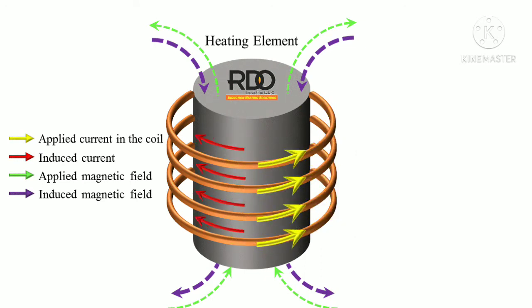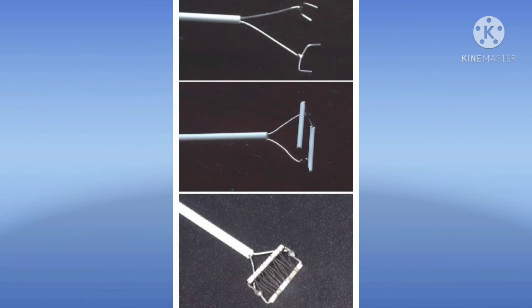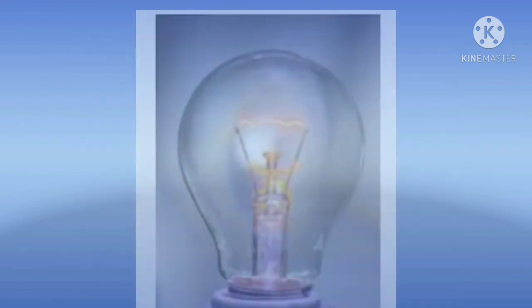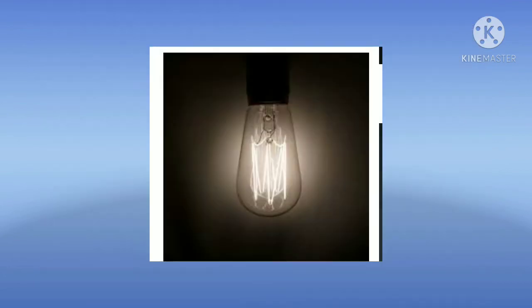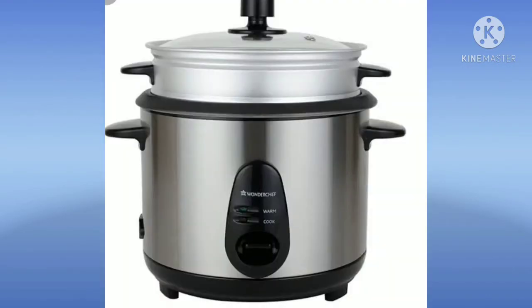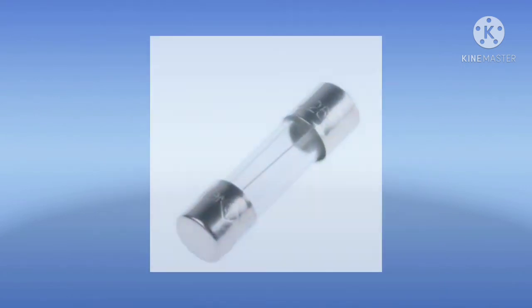The heat produced depends on the amount of resistance offered by the wire. Copper wire offers very little resistance and does not get heated up quickly. On the other hand, thin wires of tungsten or nichrome offer high resistance and get heated up quickly. That's why tungsten wire is used in bulbs and nichrome wire is used in household appliances. The heating effect of electric current can be seen in many devices. We will discuss some of them.